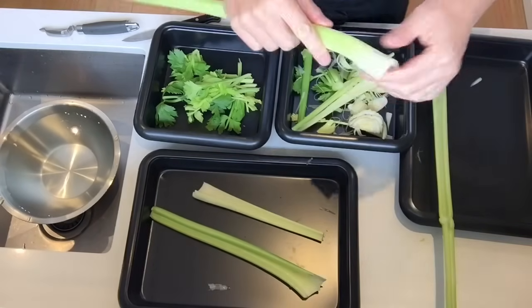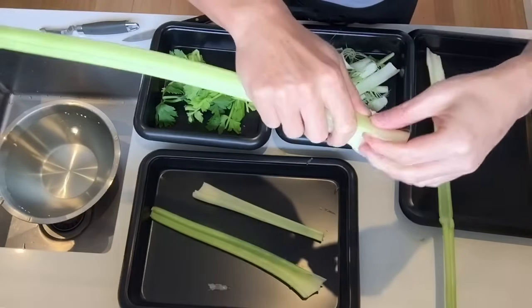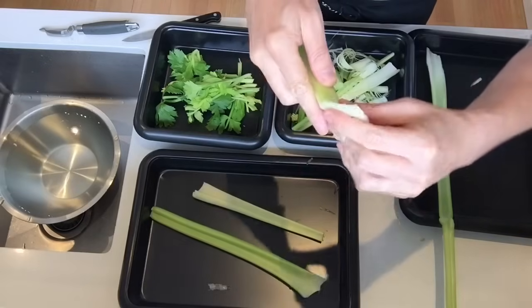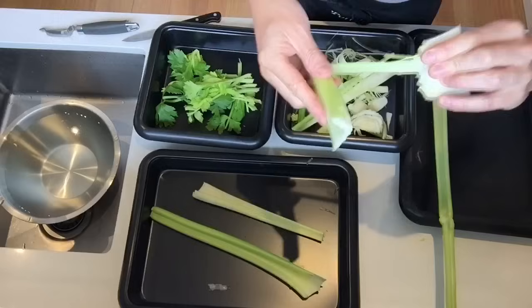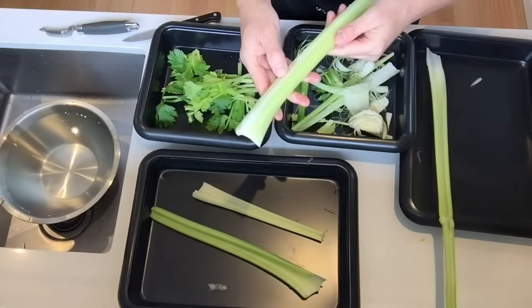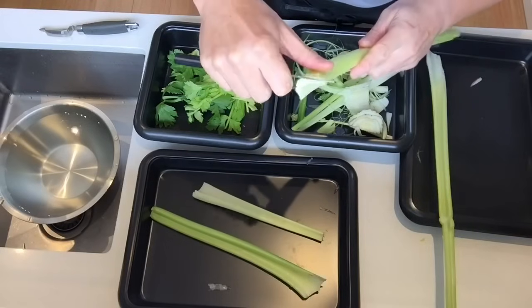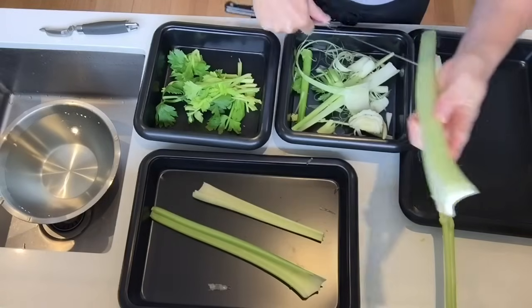It takes a bit of practice, and honestly I'm also not the best at this, but it's just a matter of breaking. Don't use a knife, and you try to make a breakage here and get as much as you can. Try to get some of those. You see, this one is not perfect, a bit too much, but I can still use my knife